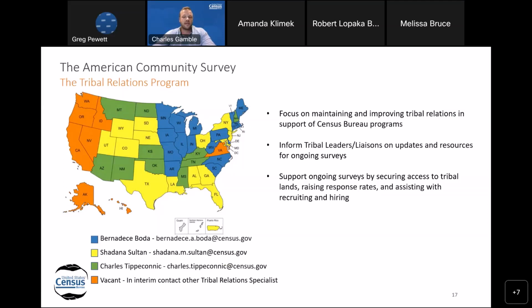These specialists work to maintain as well as improve tribal relations in their designated areas or designated states, and specialists help increase awareness of census products with tribal partners, as well as aid in training census staff on tribal culture and engagement protocols. Overall, these specialists support the mission of the Census Bureau and are a vital piece to receiving and providing key data. The Census Bureau's Tribal Relations Program typically consists of 4 specialists who report to the regional